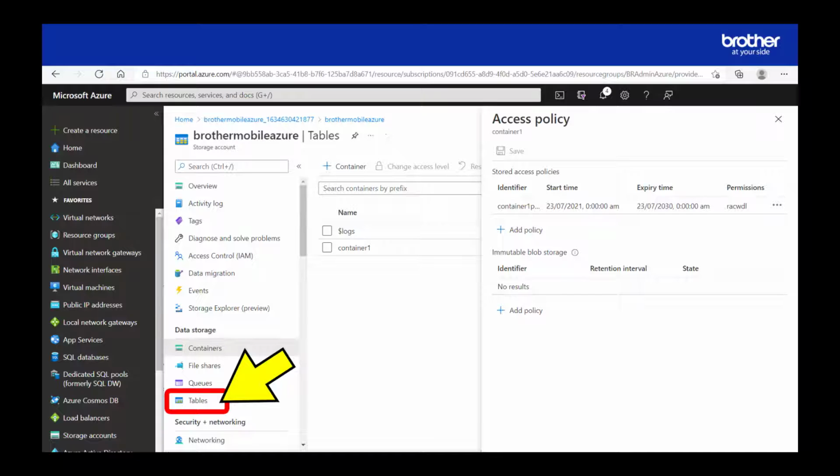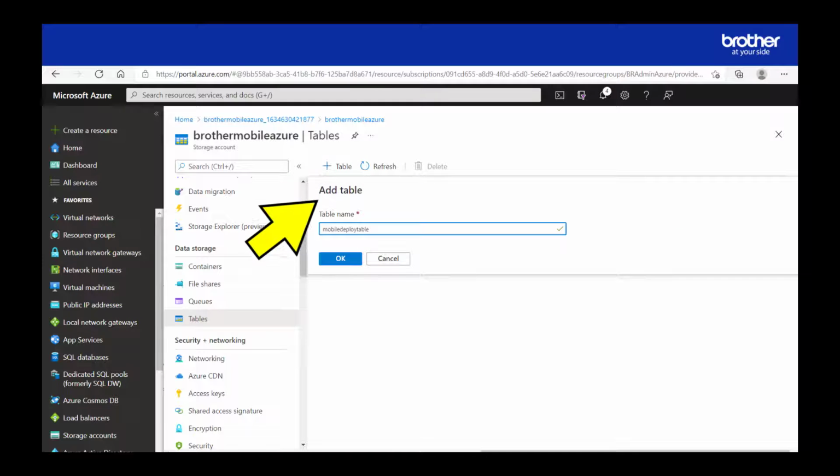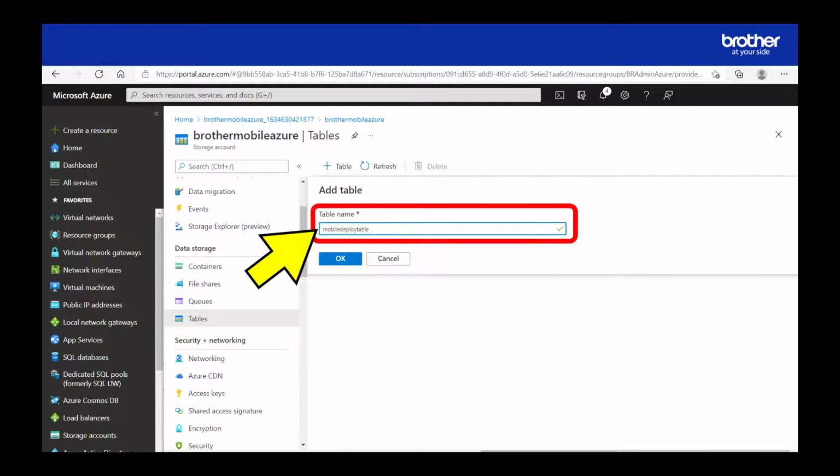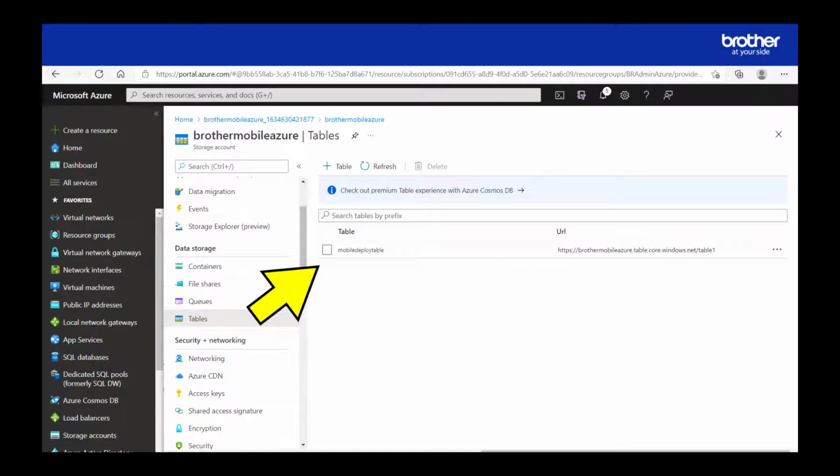To do that, click the Tables option, then click the Add Table button. Give your table a name. Here I'm calling mine MobileDeployTable. Click the OK button. After a short while, the table will be ready.